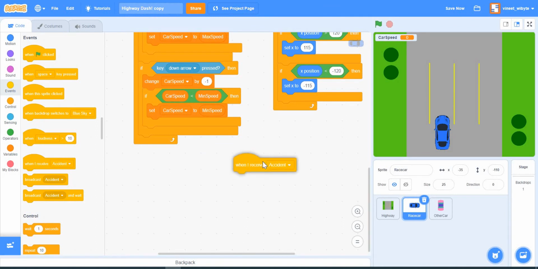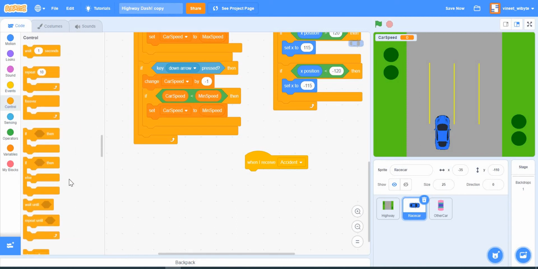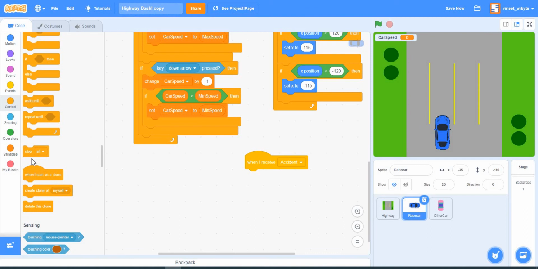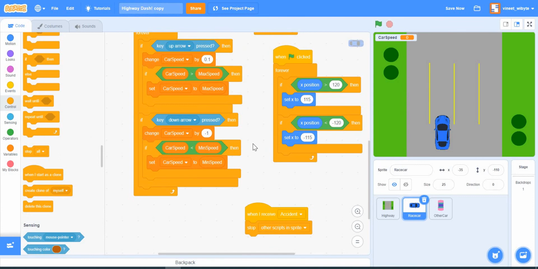I just go and stop all the other scripts in this sprite. Instead of stopping all, because stop all will also remove any background music and all of that, I do not want that. I'm just saying stop other scripts in this sprite, which means it will basically get frozen. So the car will no longer move, car will no longer turn, and so on. Whatever position it is, it will just stop the car right there.